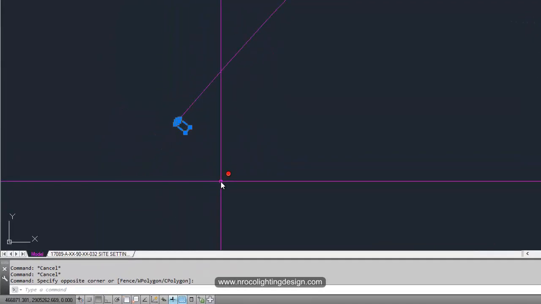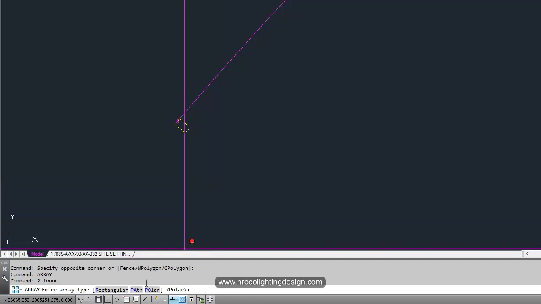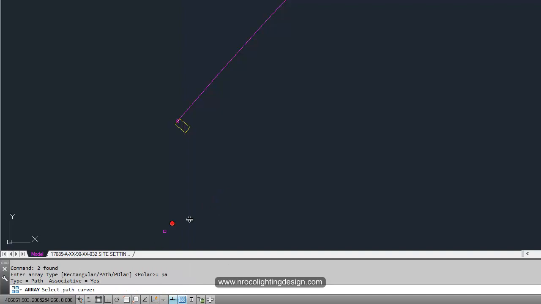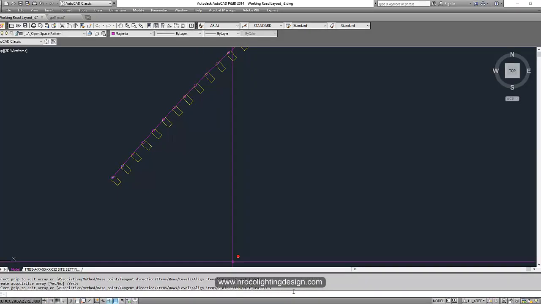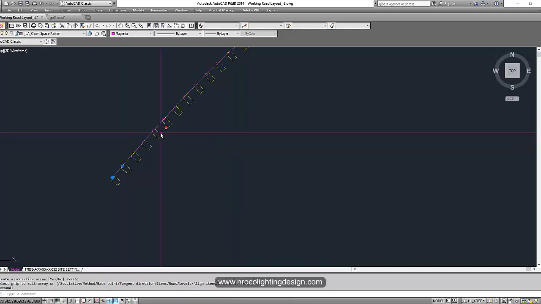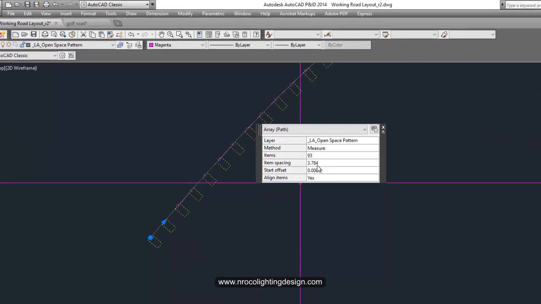And then, okay, so all you need to do is pick up the fitting. Yep. And then command array, type array or ARR, and then select the PA or path because you have an option to have a rectangular array or polar array. So we'll go for the path, so PA, and then select the path curve, exit, and then you will just click here, and then you will see that the spacing is 3.784.